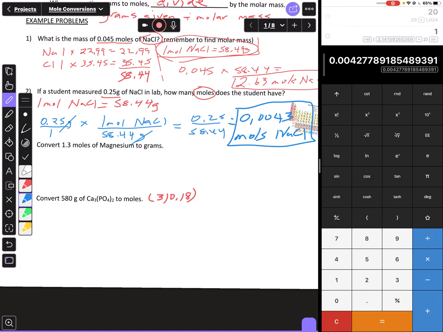Now in the above example, I messed up on my units. That shouldn't be moles, that should be grams. Instead, I wrote that down wrong. So in this other case, I could have worked through it with my conversion factor. But if I wanted to take a little bit of a shortcut,